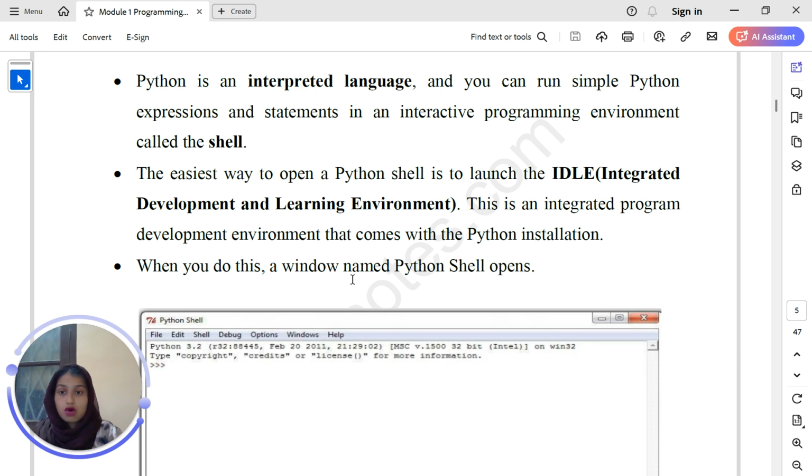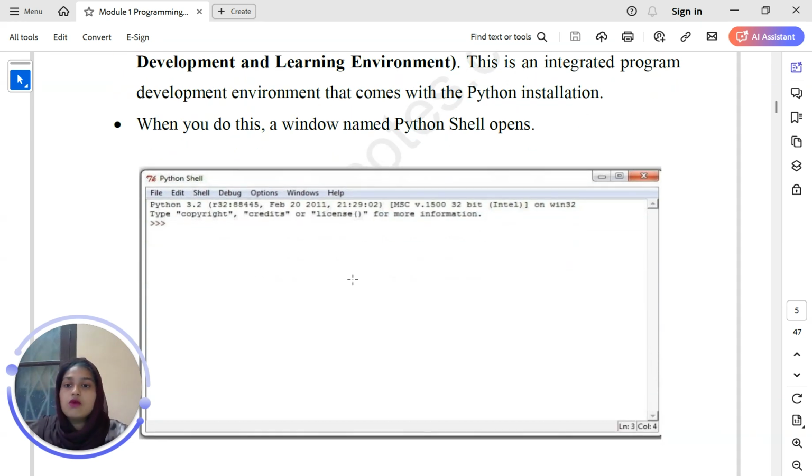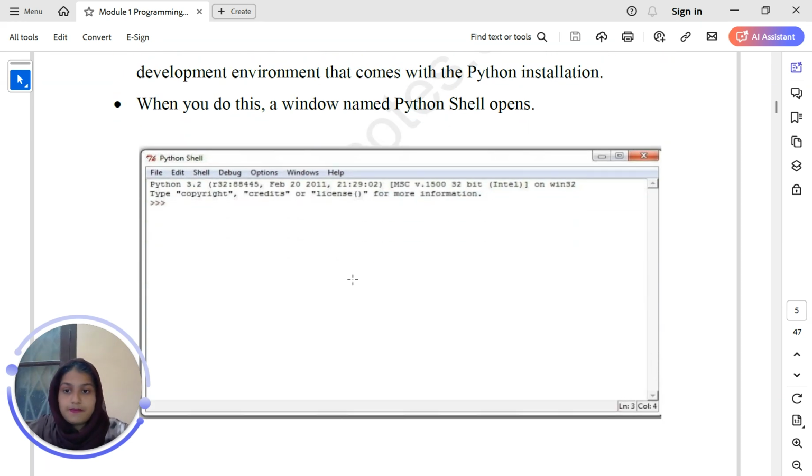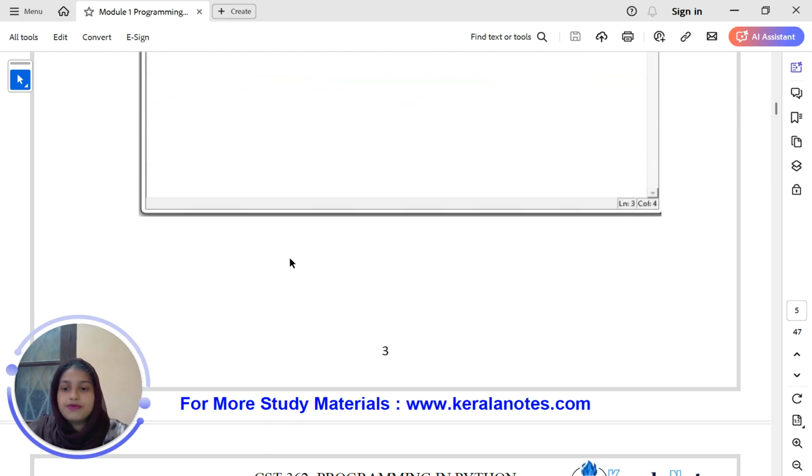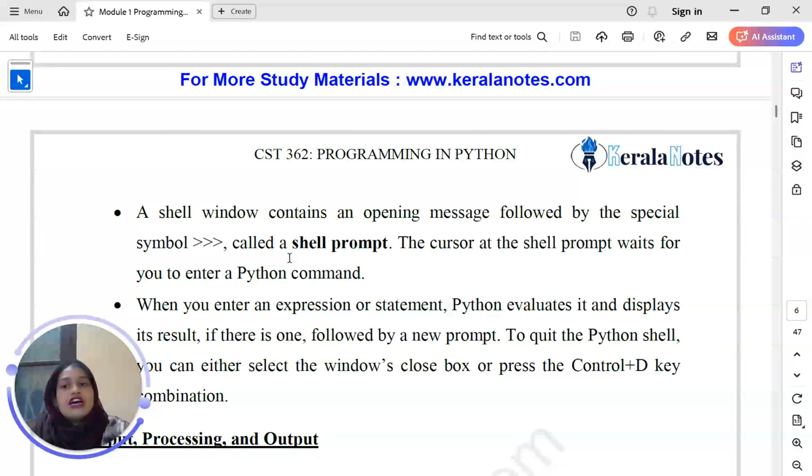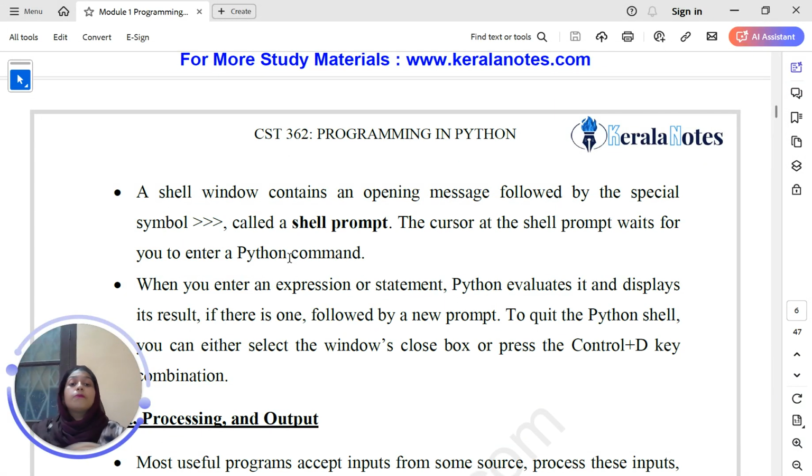When you do this, a window named Python Shell opens. So how does a Python shell look? This is how it looks. We have the three greater-than symbols, which is the shell prompt. A shell window contains an opening message followed by this special symbol.